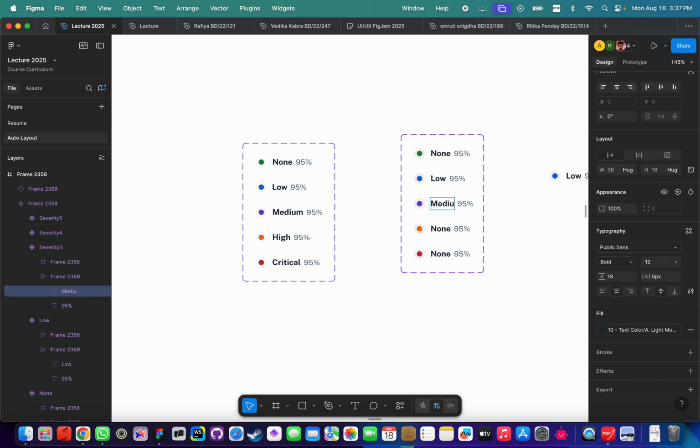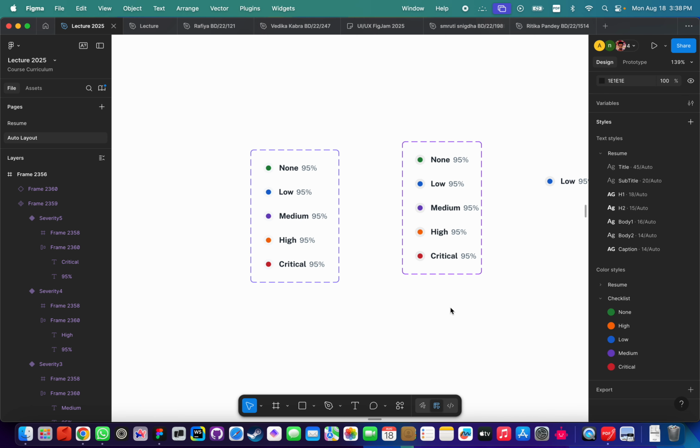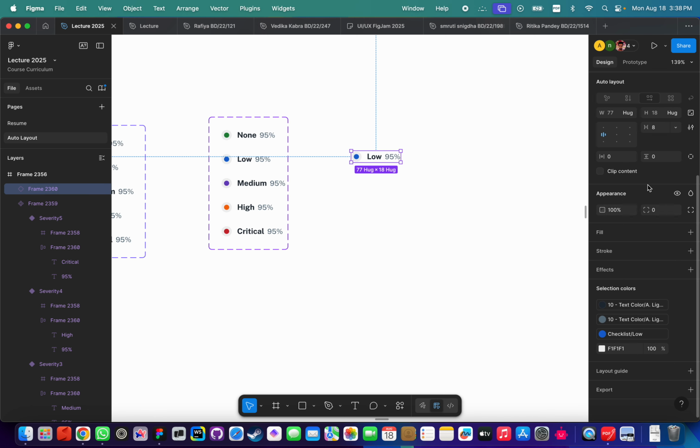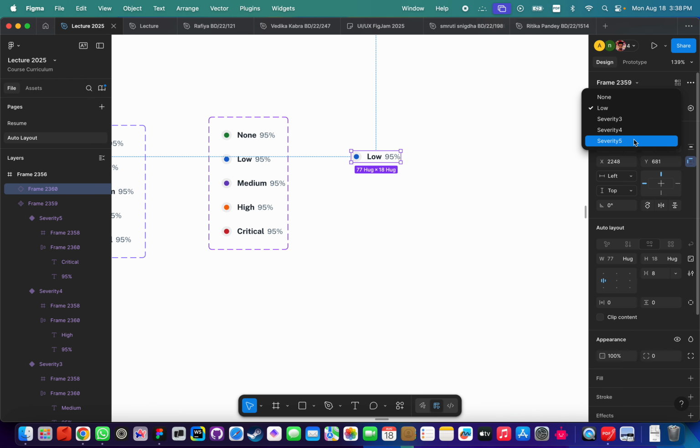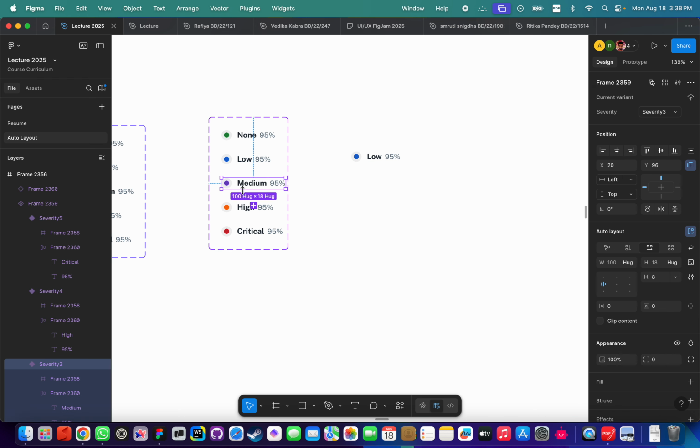Medium, and high, and critical. So we come here, it's in low right now. If we change to, sorry, the reason why it is giving severity 3, severity 4, severity 5, anyone? Any reason? Because I didn't add those properties over here, right? In severity, I should type it in manually. So that is medium, and go to the next one, high, and go to the next one,